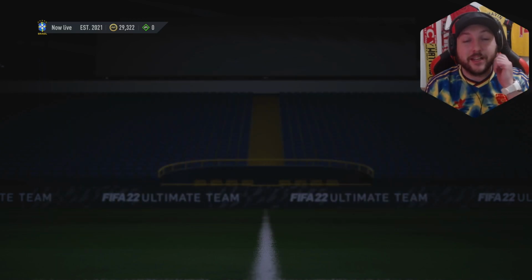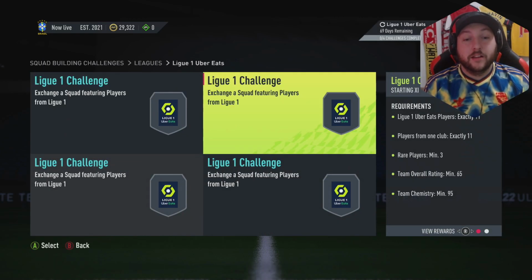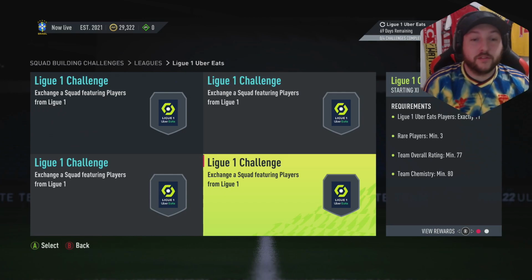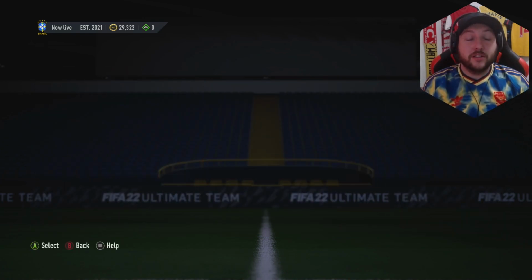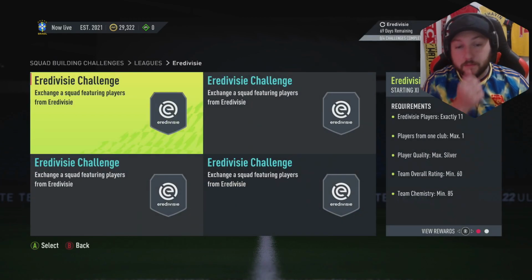And if you have not seen these League SBCs, you need max quality silver, 65 rated from 1 club. So silvers again. You can use silvers in this one, and obviously golds, and maybe a few silvers in that one. So Liga and silvers have gone up. This is exactly the same for Eredivisie, which is the same requirements. Max silver,